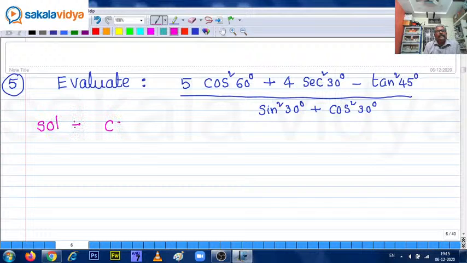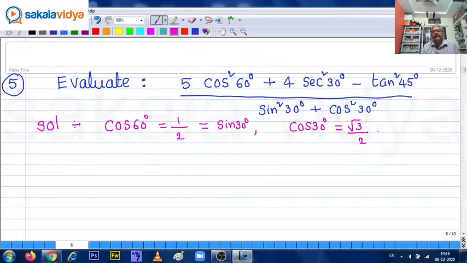Solution. See, cos 60 degrees is equal to 1 upon 2, whose value equals sin 30. That means cos 60, sin 30 value known. Next, cos 30 degrees is equal to root 3 by 2. Secant 30 is the reciprocal of cos, 2 upon root 3. Next we have tan 45. Tan 45 degrees equals 1. So now as we know all the values, only the simplification we need to do. Yes. So now